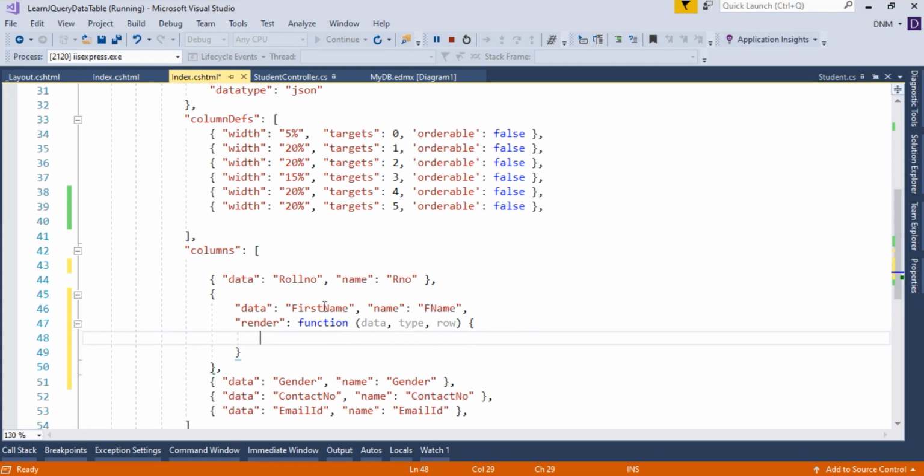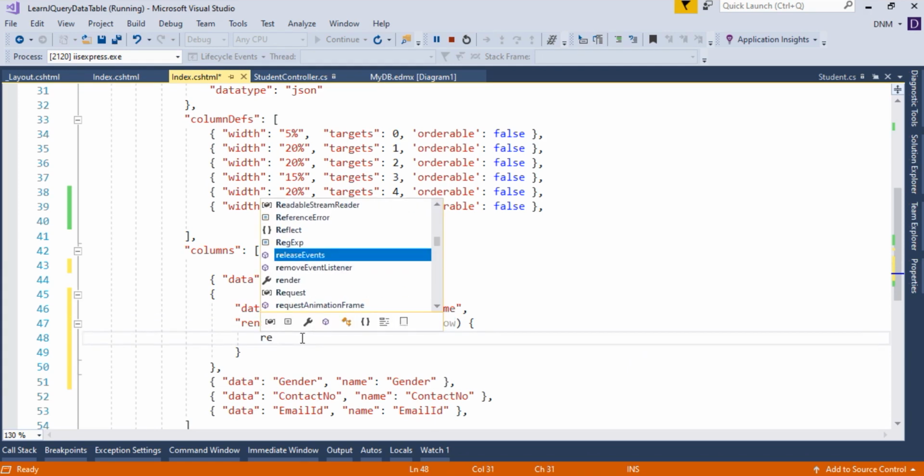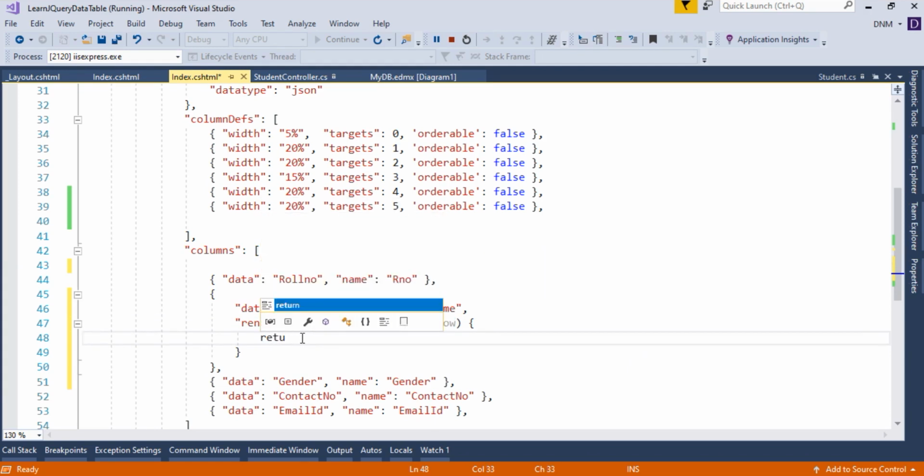But now as I told you, here we want to display first name as well as last name. So how will you get that last name? You will get that last name through this row argument, because this row is going to contain an entire record or entire row.